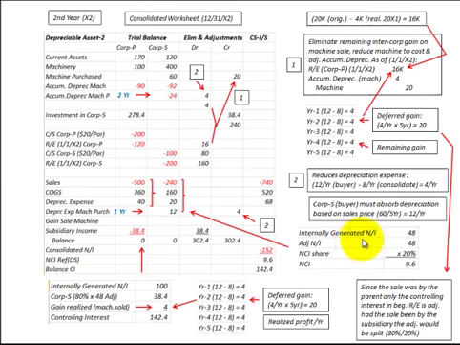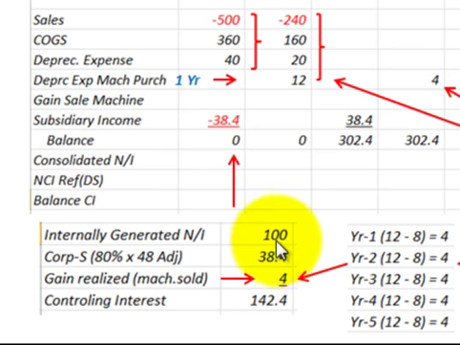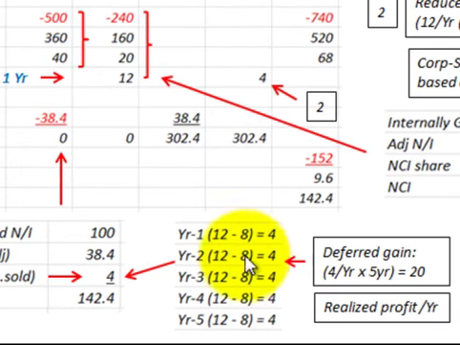Okay, for our income distribution, the subsidiary is going to get 20% of their adjusted net income for $9,600, and then the parent is going to get their internally generated net income, and then 80% of the subsidiary's adjusted net income. And then what I want to point out here is this gain realized. They're going to get $4,000 of this deferred gain. That was the difference between the depreciation rates for year 2. So they get a controlling interest amount of